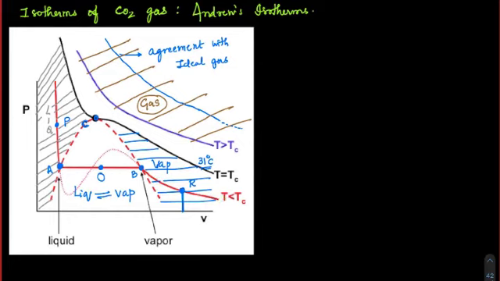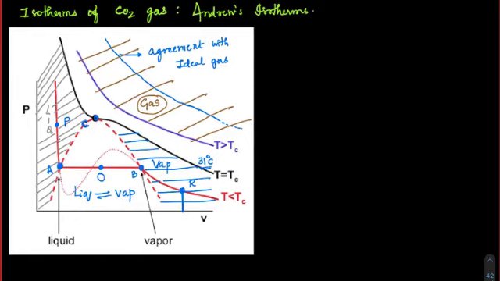And I told you about ideal gas. When does it behave like an ideal gas? When it is at low pressure and high temperature, correct? Well, temperature is not very high, but pressure is very low here. So I can still say that it is almost like an ideal gas behavior. Although it is a real gas, I'm saying it has more ideal gas nature. But the minute it is reaching towards B, this ideal gas behavior is increasing.